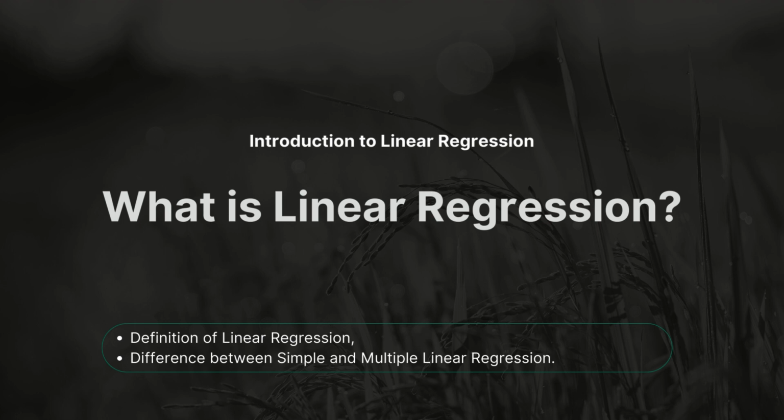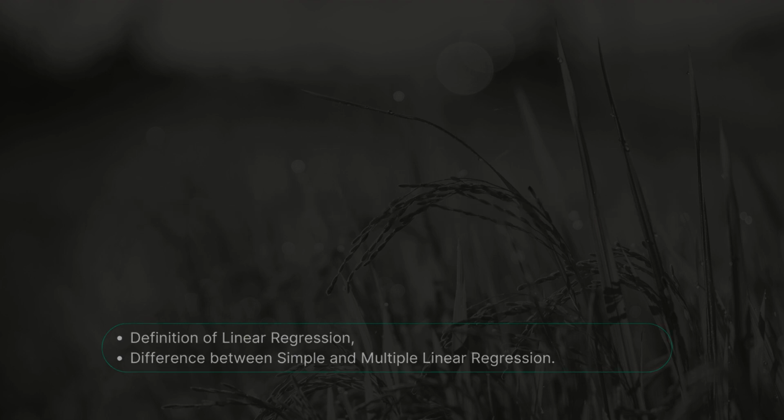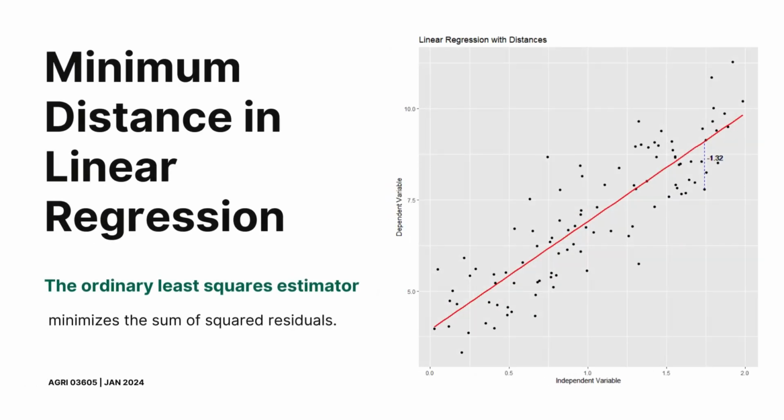Simple linear regression has only one independent variable, and multiple linear regression has more than one. The core idea of linear regression is to find the best fit line through the data points. This best fit is achieved by minimizing the distance between the data points and the regression line. These distances are known as residuals, and minimizing them leads to the most accurate model for the sum of squared